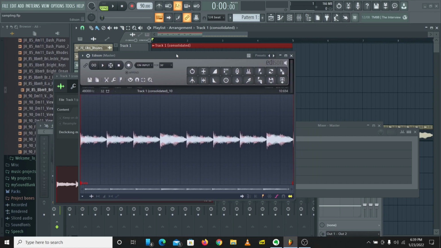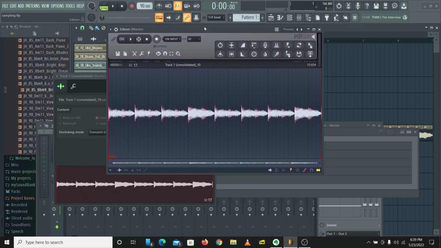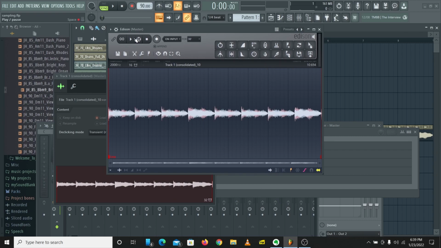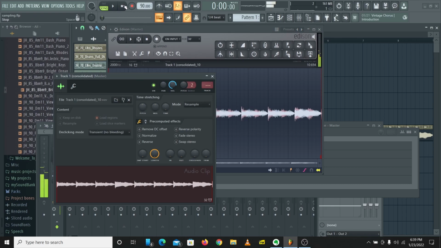So what I want to do is create a lo-fi effect with this sample. A trick we can use for that is to right click on this sample rate. I'll set this to 16 bits, and we're just going to reduce the sample rate here. Let's set this to 2000, for example, and I'll click on resample. So let's accept this, and now we have this. So from this to this,